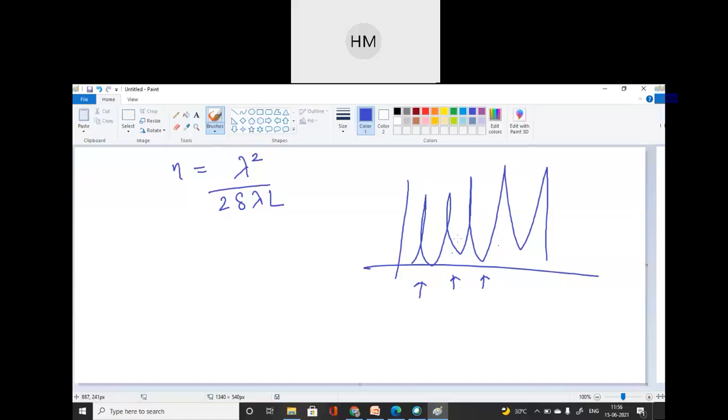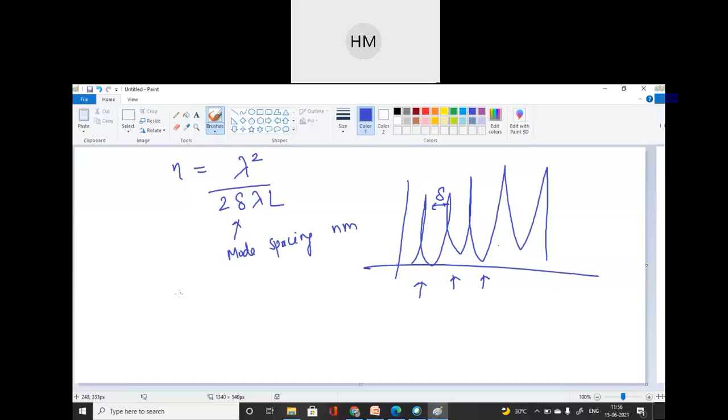So the Fabry-Perot amplifier gives you such type of output. And what is del? It is the mode spacing between these two. Del is the mode spacing, which is generally given in nanometer, and peak gain wavelength.